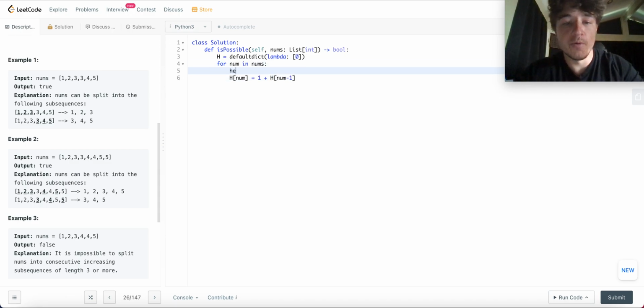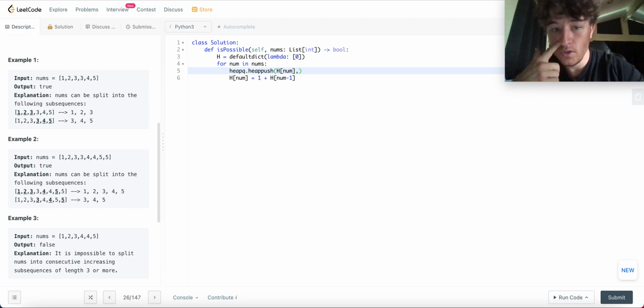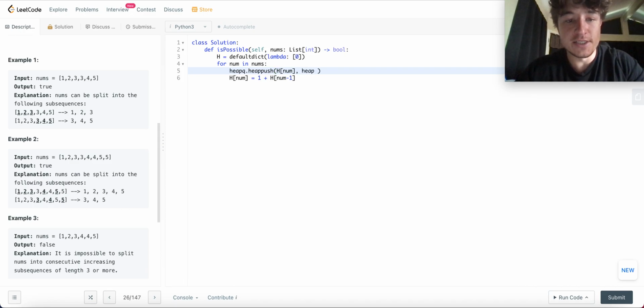What do we want to do? We want to make this situation the case, but we have to understand that we're using priority queues here, right? So we're going to push to h of num. And what are we going to push to h of num? We're going to push popping the smallest thing